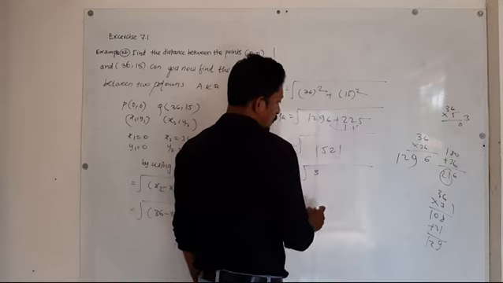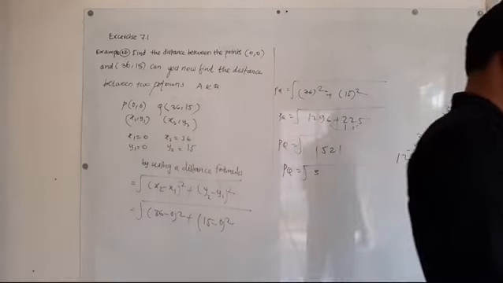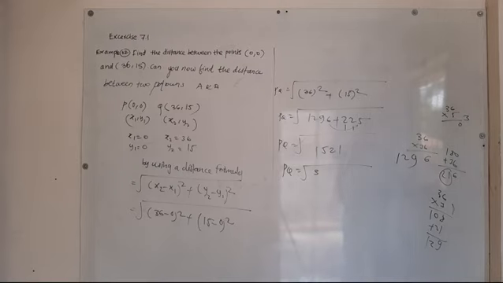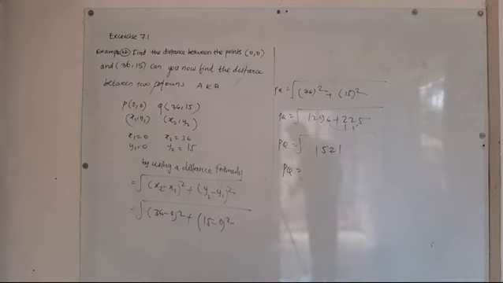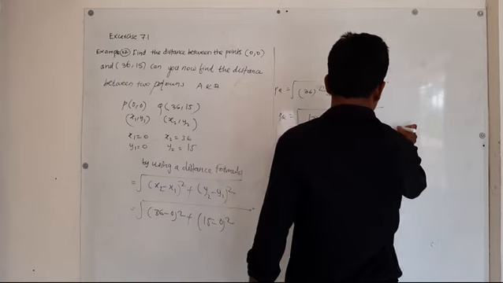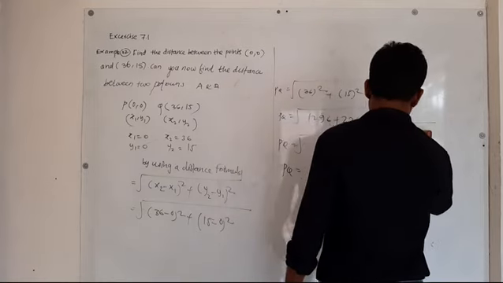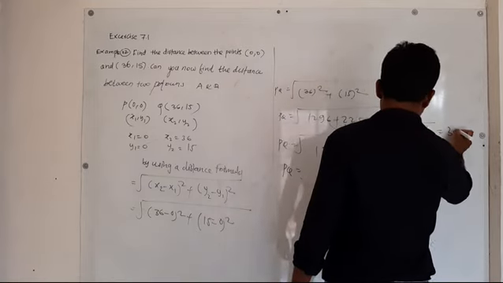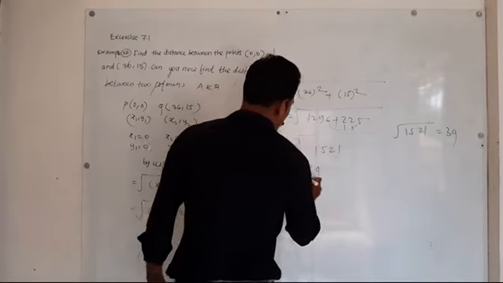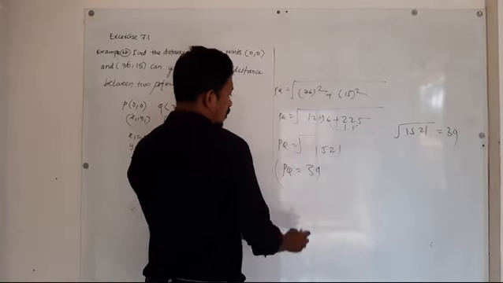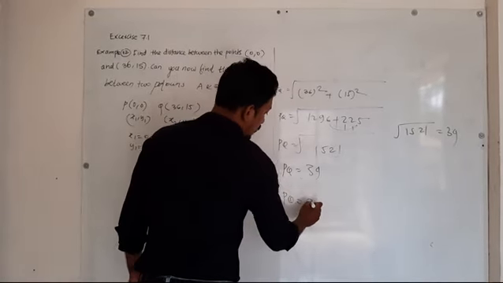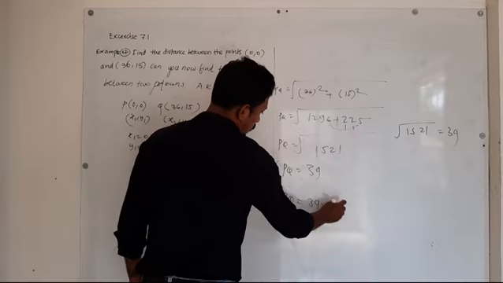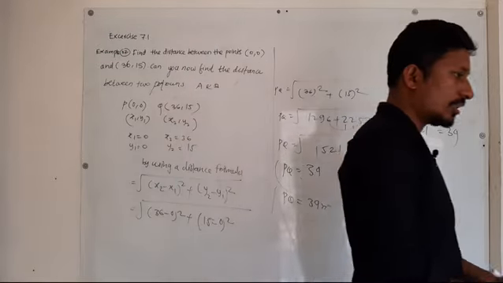3 into, again simple factorization. Student, using that, the root of 1521 is equal to 39. That is distance PQ is equal to 39. That is distance PQ is equal to how many? That is 39 meter. 39 meter. Student, solve this question.